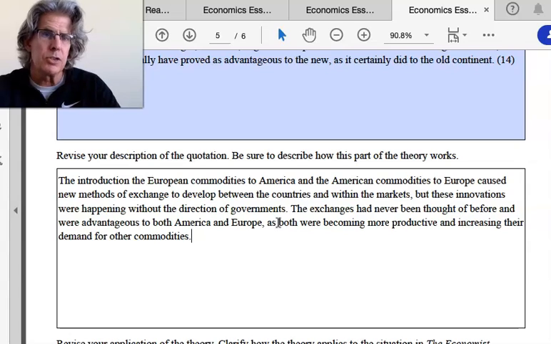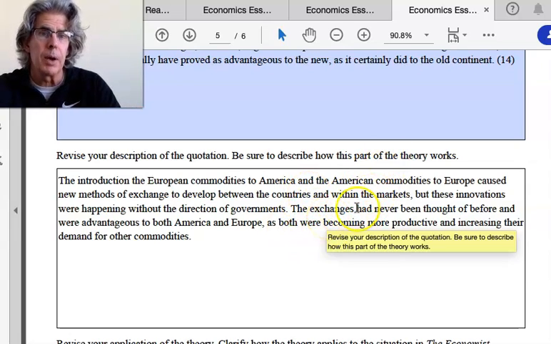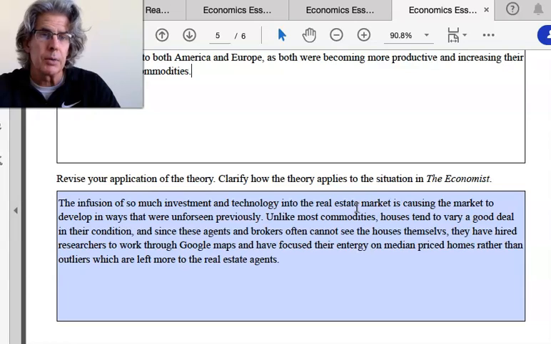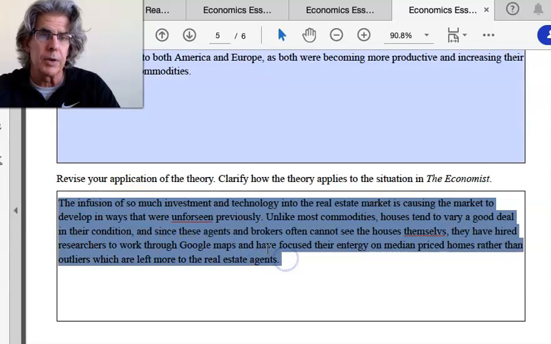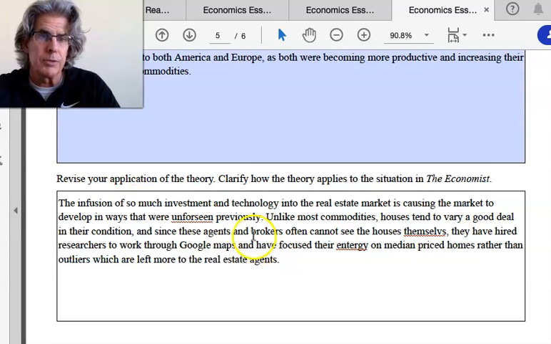And again, I didn't change much of what I had already written. I just developed it more and made it apply a little bit better. It just takes a step forward. And now let's take a look at the theory, revise the application. This is exactly what was in the earlier draft stage. The infusion of so much investment and technology into the real estate market is causing the market to develop in ways that were unforeseen